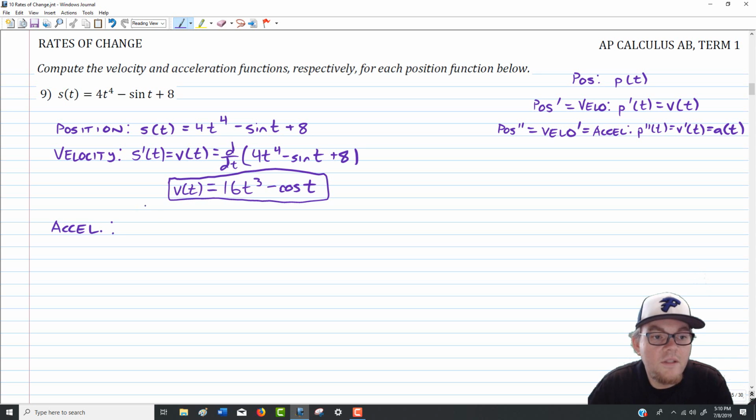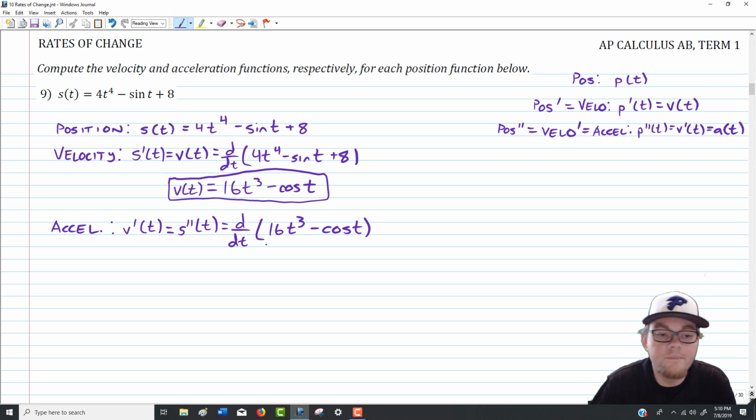Now third, that brings us to the acceleration. So the acceleration is typically defined as the rate of change of your velocity. So how fast your rate of change is changing. The rate of change of your rate of change. We could also think of it as the higher order derivative, because technically if it's the derivative of velocity, it's the same thing as the second derivative of position. For our purposes, that means we're just going to differentiate with respect to t, the velocity, which was 16t cubed,